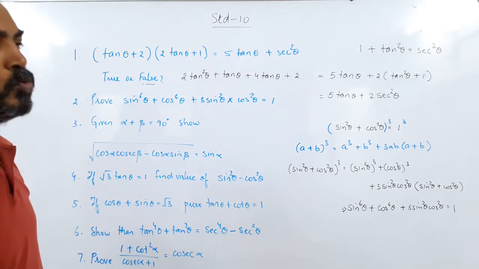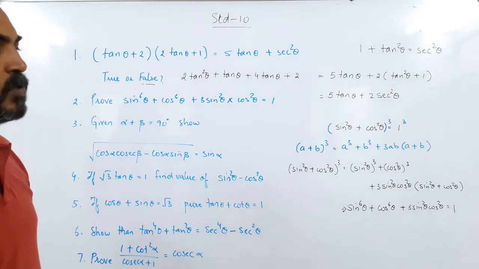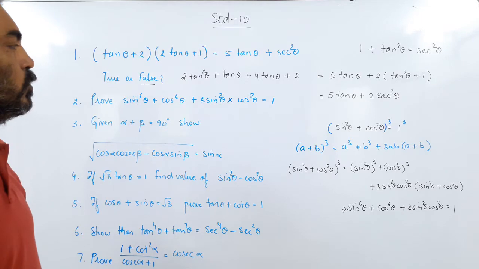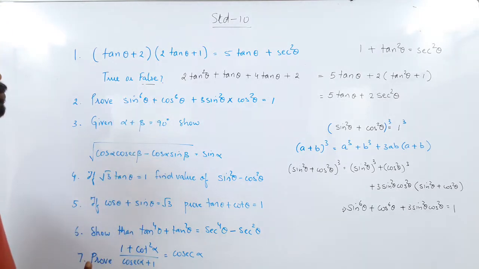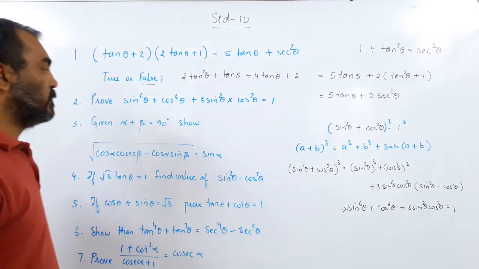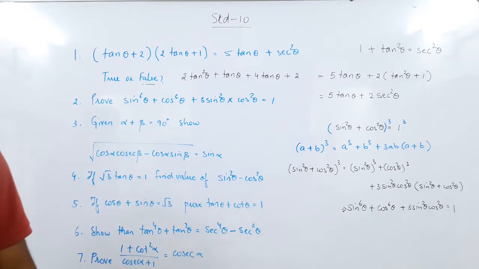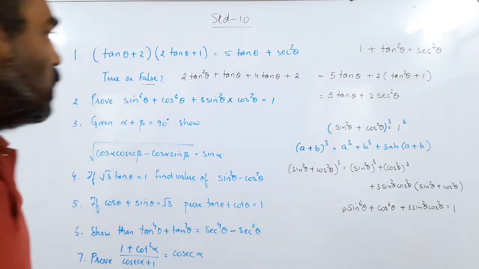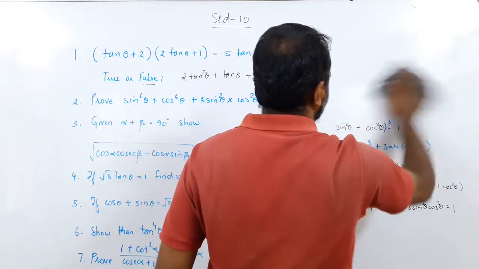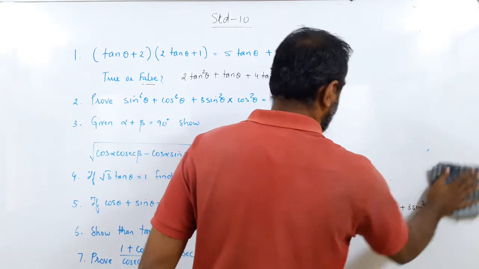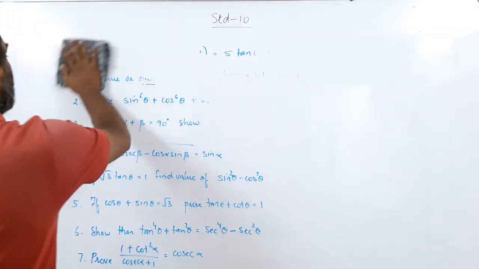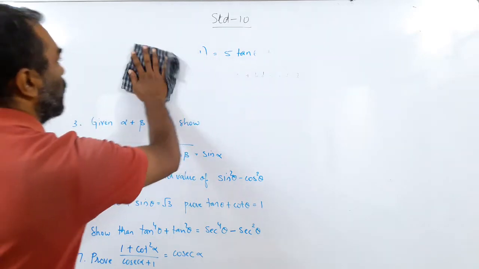Those who are going to choose science as a future, take up the science stream, will have a lot of trigonometry to do. A lot of formulas will be put to use. So this kind of logic has to be developed very deep. Okay? So the first two sums are done. I will rub them off now and go to the third sum, so that I can use the board.